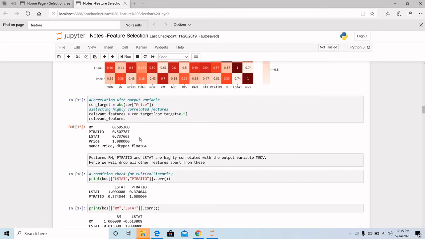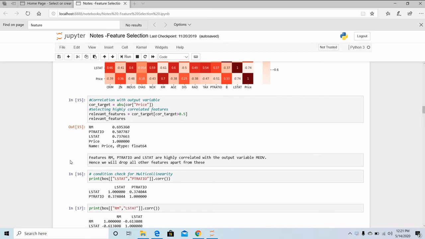There should be high correlation with the target, but remember that there should be no multicollinearity. These three are predicting the price, but there can be correlation within themselves, which is the case of multicollinearity, which we don't want. So we want our x1, x2 and x3 to be correlated with y, but we don't want x1 to be correlated with x2 and x3. That is, we don't want multicollinearity. So here are the three variables which are highly correlated with my price. LSTAT is the variable most highly correlated with the price, so anyway, I will take the LSTAT variable.